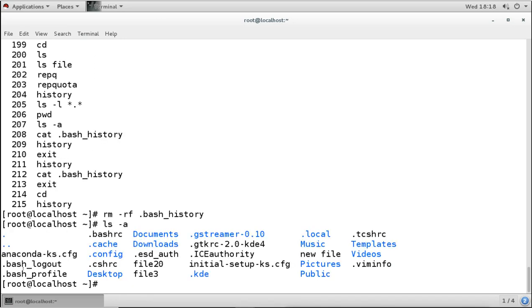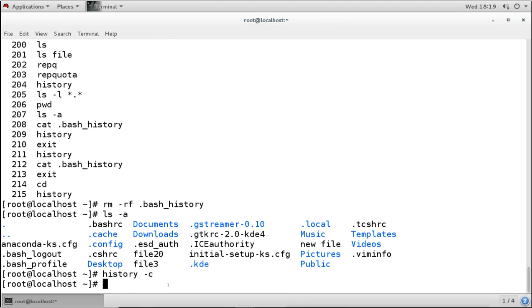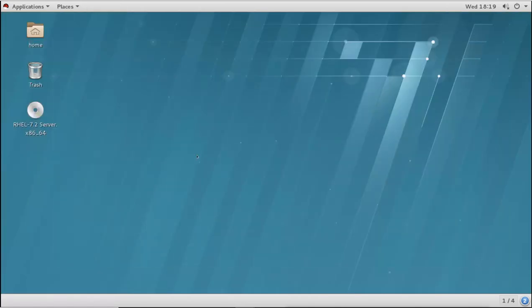If you see, there is no history file, but it will be created again for the latest history. So it will be automatically created again when we run new commands and when it is saved in the file. But now it has removed all the history. Now if I want to remove the current history, then I will do this and then I will exit. So before logging out, clear the history and log out if you don't want to save your history.